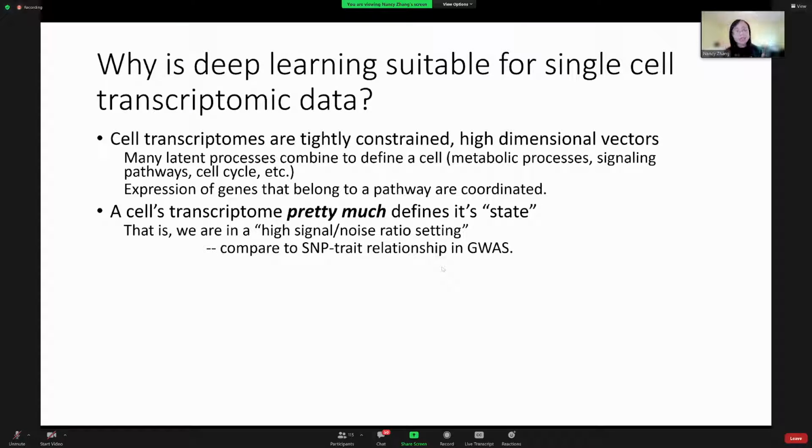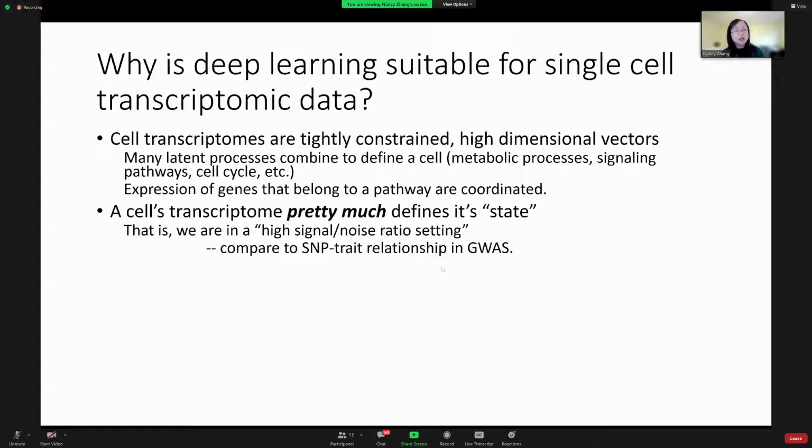And what we see is that the new information added by these other omics dimensions is some, but not a whole lot. So what that is saying is that if you see the RNA transcriptome of a cell, you're seeing 80% of